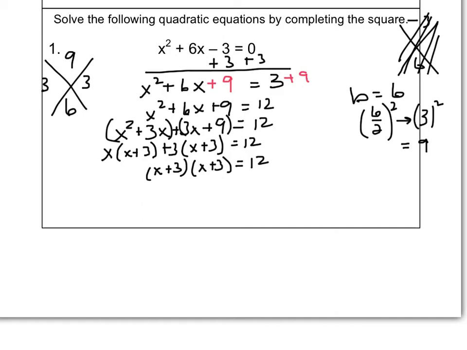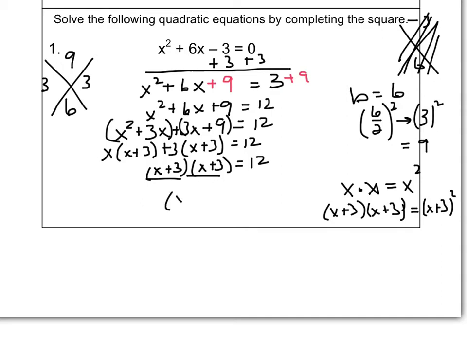Okay? Now, as you'll notice, you see two terms that are exactly the same here. These two guys are exactly the same, the x plus 3 and the x plus 3. And I ask, if I have x times x, that's the same thing as saying x squared. So if I had x plus 3 times x plus 3, that'd be the same thing as saying x plus 3 to the second power. So I'm going to replace this x plus 3 with x plus 3 squared